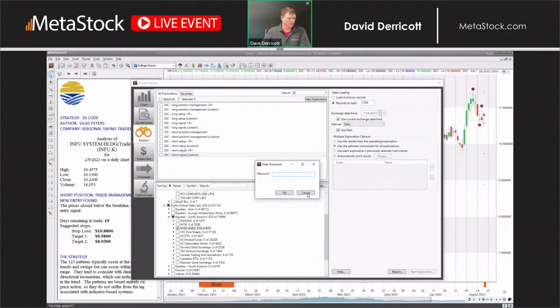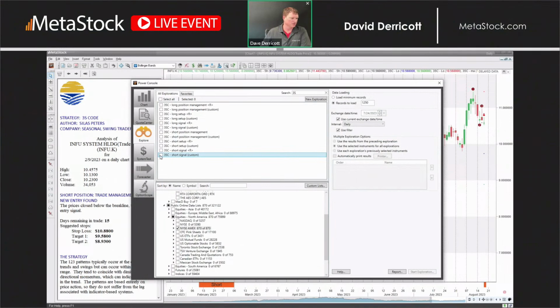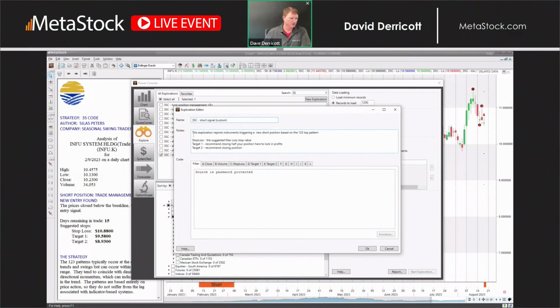I wanted to go in really quick into the exploration. I'm trying to remember where you actually... So this one's actually customized. Basically, if you hover over here, you can see what it says. Actually, if you do this, it'd be easier. The exploration allows you to edit this, and you're going to do that through what's called the indicator builder itself, but you can customize this to your own position style.